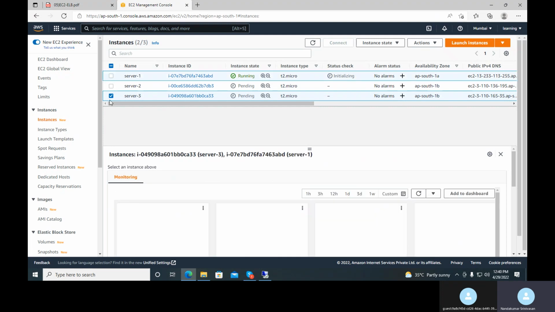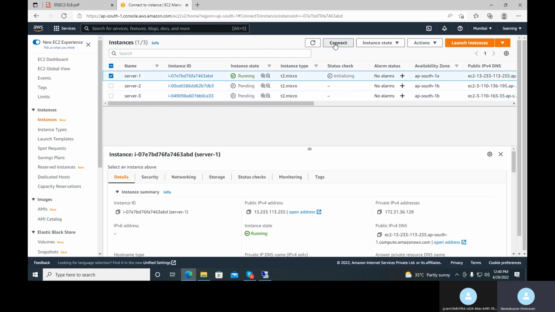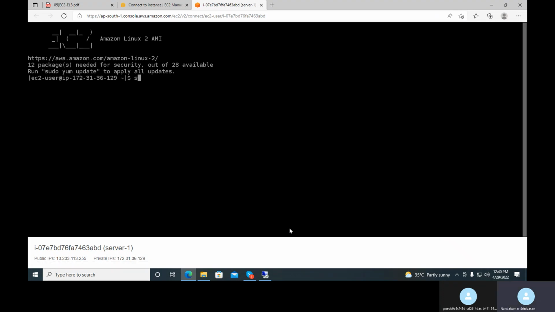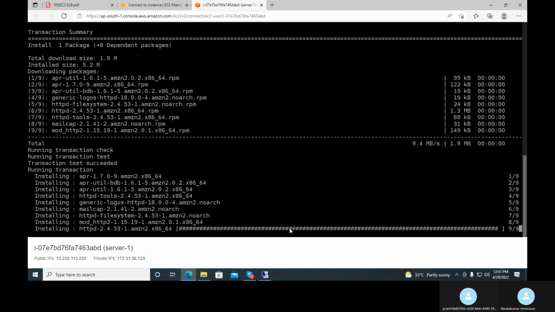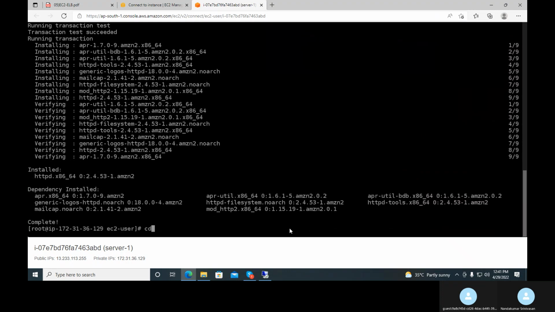Now one by one we'll connect and configure the web server. In EC2 we will use this command only. cd /var/www